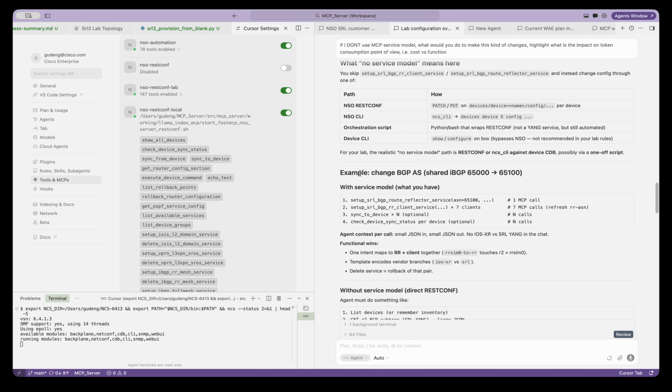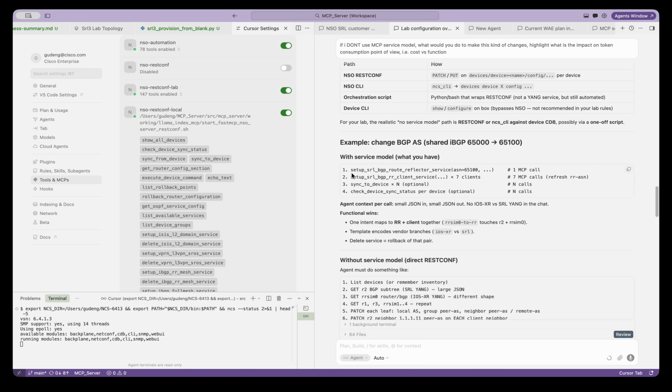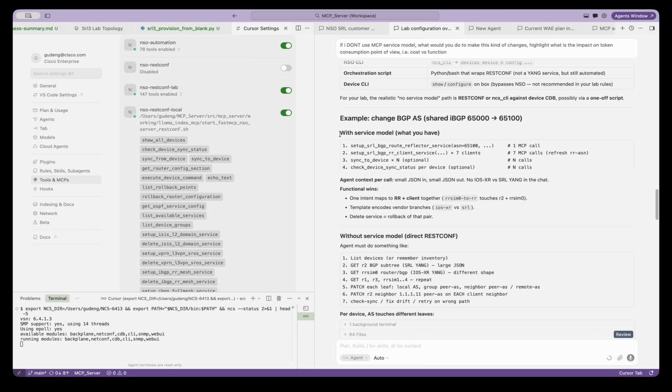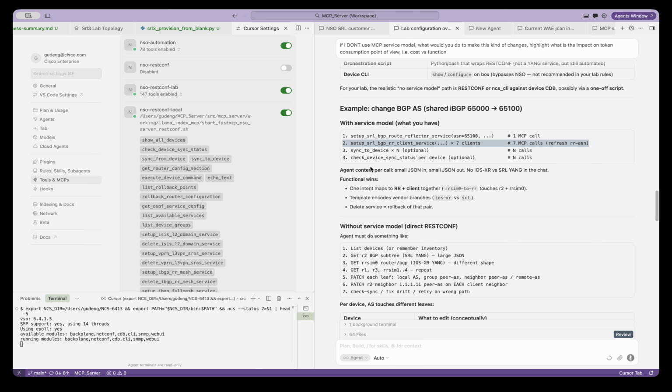Then here is an example, change BGP. What does that mean? If you use a service model, then you would change one script, one MCP call, set up the RR client services, 7 clients, 7 MCP calls. Of course, sometimes you need to synchronize the devices on NSO to check if these devices are still synced up with config, and you have to do that before you set things up.